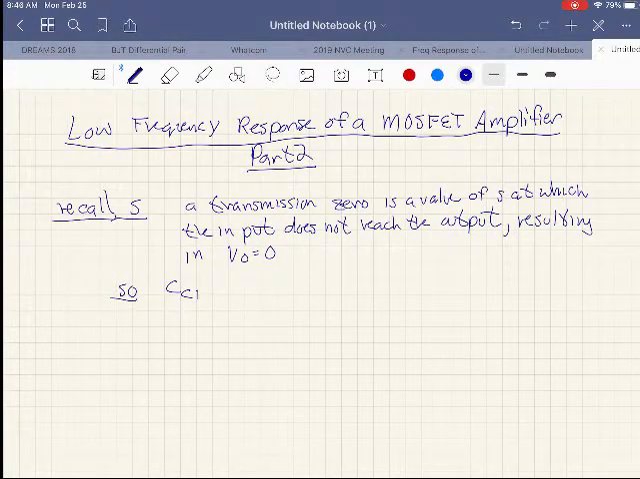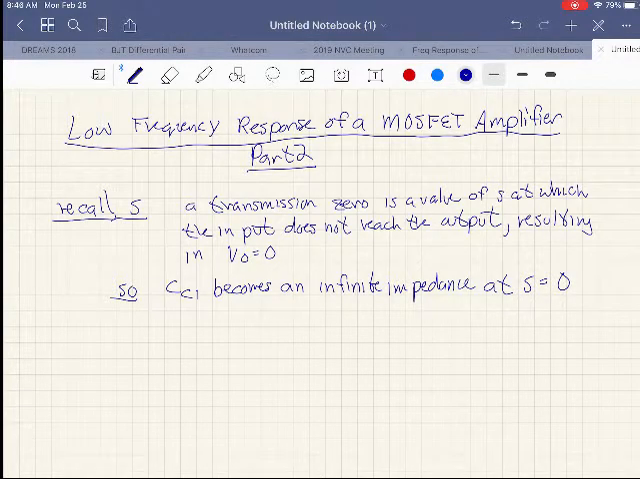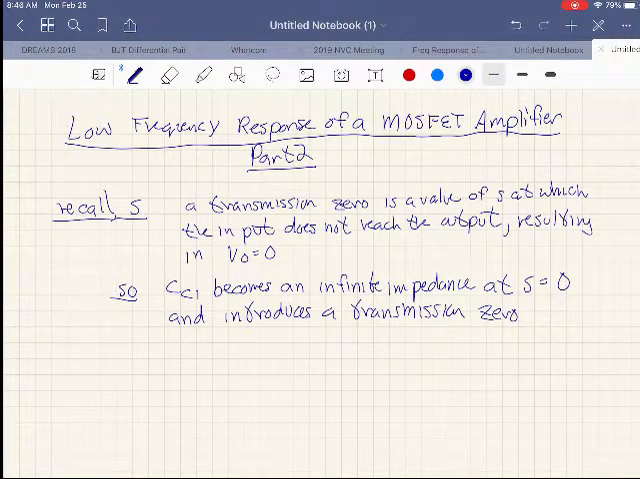becomes an infinite impedance at S equals 0. So it's an open circuit, and it introduces a transmission zero at S equals 0. So it blocks DC, which is exactly what it's supposed to do. It's a coupling capacitor. We can say exactly the same thing about CC2,